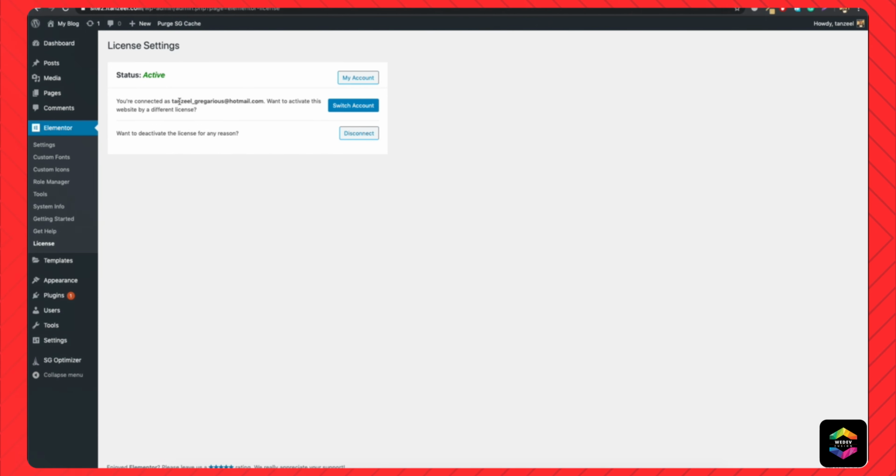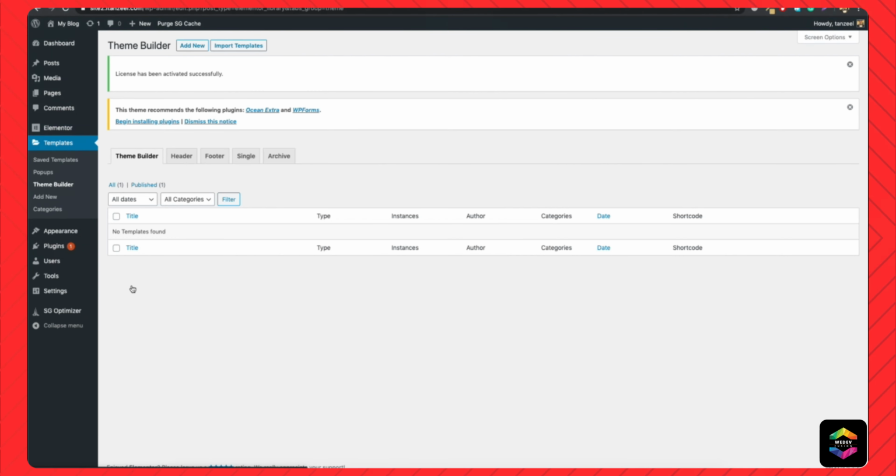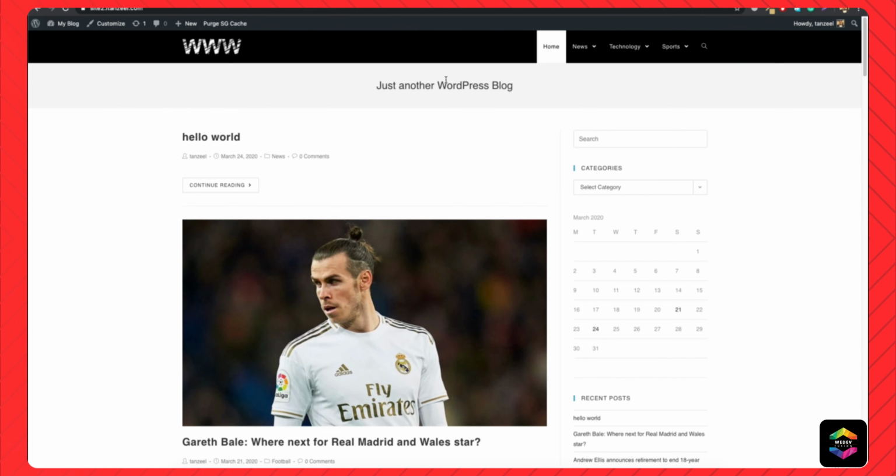So once this is activated, all you have to do is go to the templates again, and then you have to click theme builder. Once you are right in here, you can see that this is right here and it's working. Now what I want you guys to do is know about the single page and an